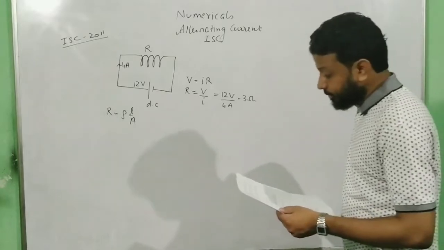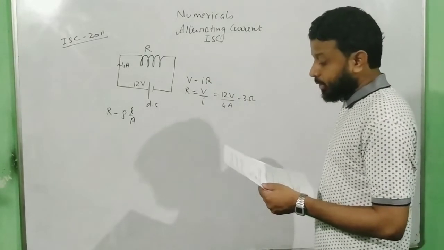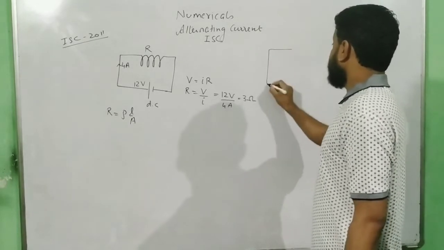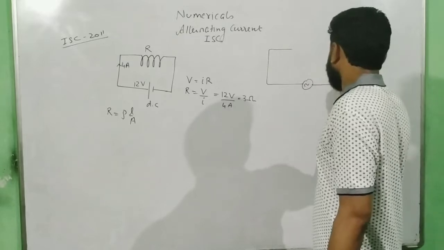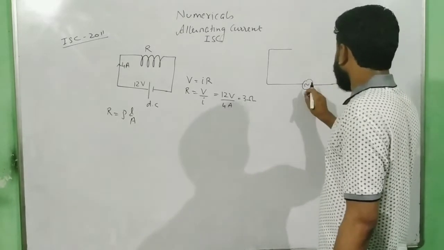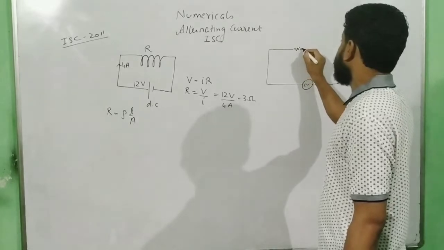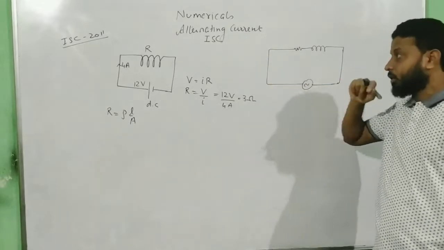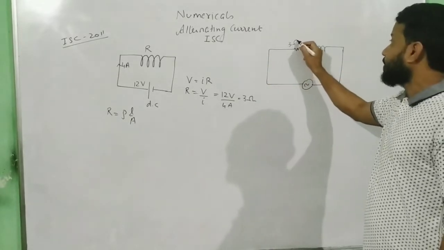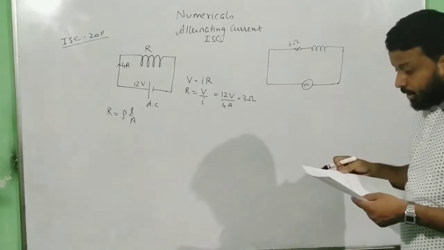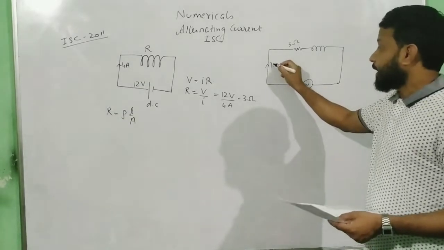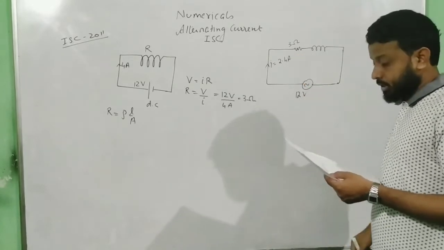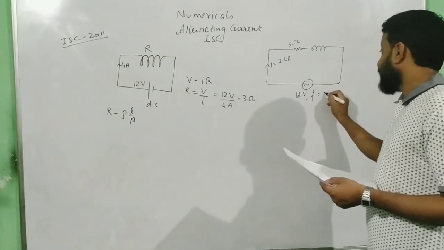Now the question continues. When the same coil is connected to an AC source of 12 volt, 8 hertz, now this is your AC source. While drawing the AC source, just draw a resistance near the coil, and this resistance signifies the internal resistance of the coil. And how much have we found? We have found this to be 3 ohm. A current is flowing here, given as 2.4 ampere, and this has 12 volt and a frequency of 8 hertz.